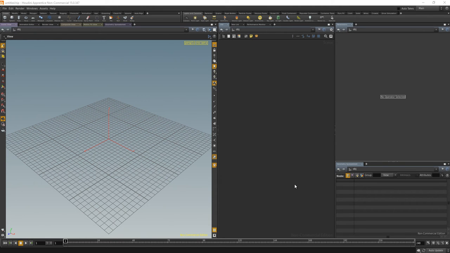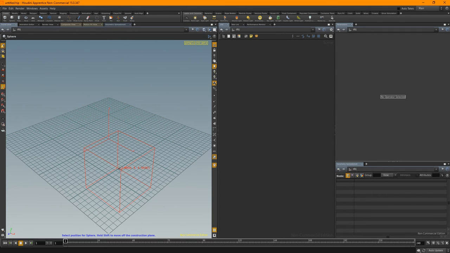Hi everybody, Glenn here, and here we're going to do a small tutorial on an asteroid. It's going to be pretty simple stuff. I'm going to be primarily working in SOPs, so it's going to be geometry operations, displacements, shading, rendering, lighting, and a few different other concepts we are going to be looking into, like light linking and so forth. So without further ado, let's make a start.